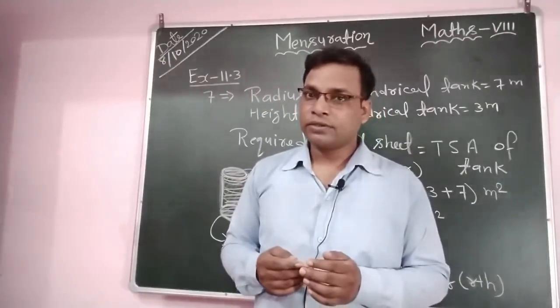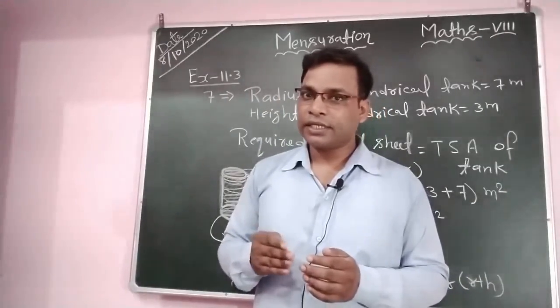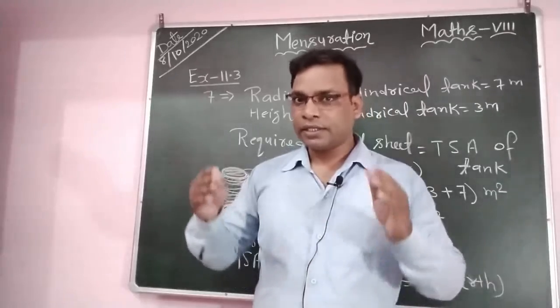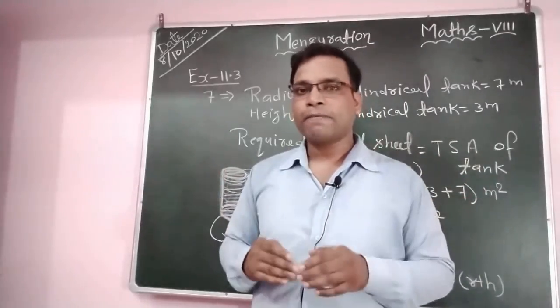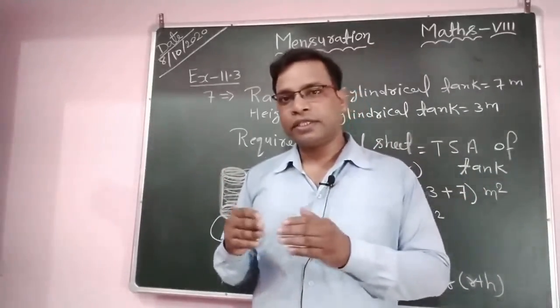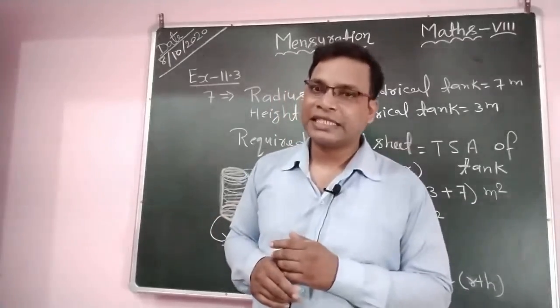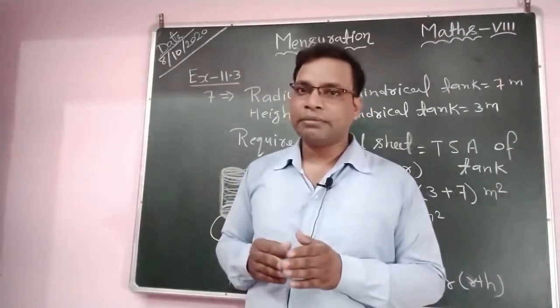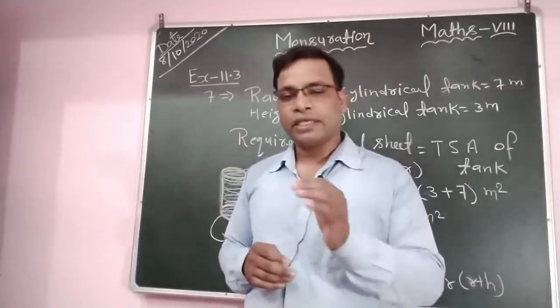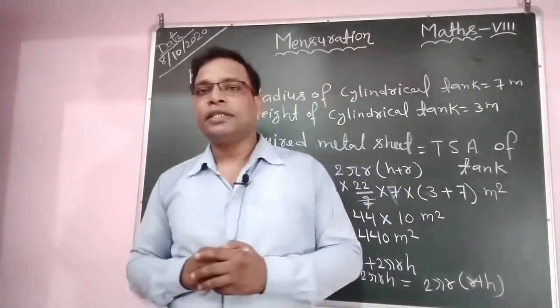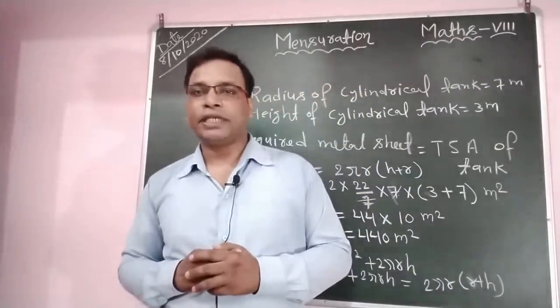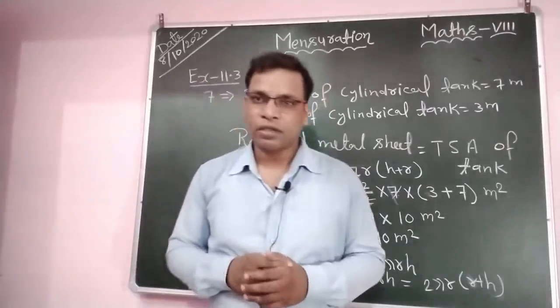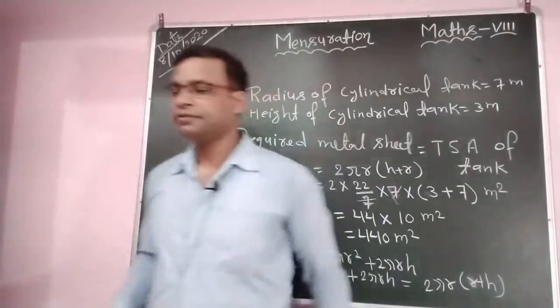So if we cut it, we obtain the rectangular sheet, and the width, or you can say breadth, of the rectangular sheet is 33 centimeters. We need to first find the length. After this you can find the perimeter of the rectangular sheet. So let's see how to find this.